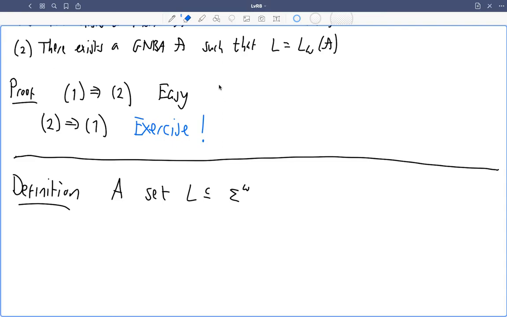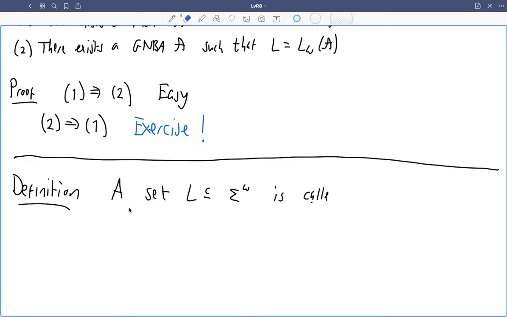A set of infinite words, that's a subset of the set of all infinite words, a language, or let's say an omega language. Actually, this is part of the definition, a set L is called,